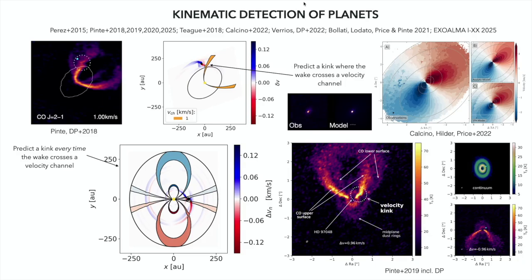From this, you can start to measure a planet mass, which tells you fairly directly that there's really a planet carving this gap and giving you some kind of perturbation in the velocity field. It's hard to do this with any other model that makes gaps and rings, because all those other models tend to be axisymmetric. So it's really a non-axisymmetric perturbation.